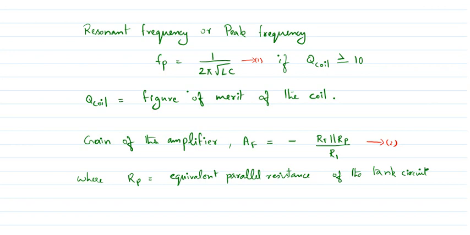We can obtain the value of RP directly with the equation from the figure of merit: Q coil square into R. This is the one equation that we can obtain directly from the figure of merit, and